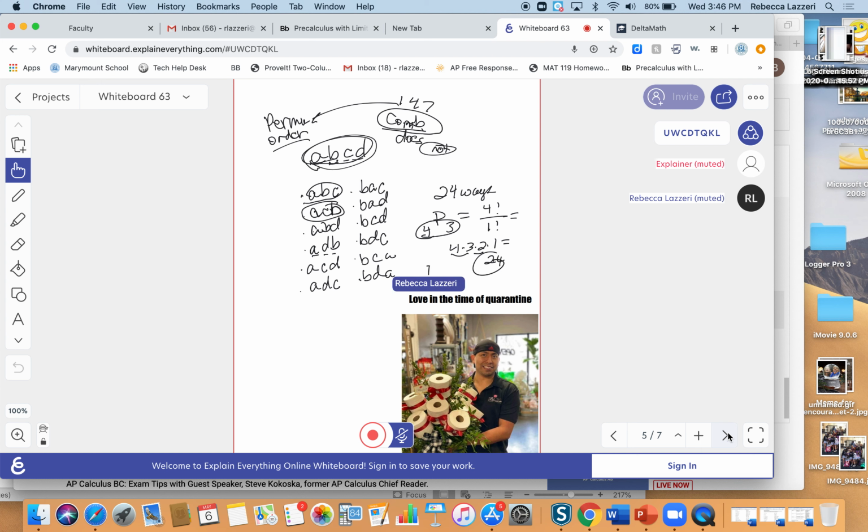And so this is great if you have 26 letters in groups of 3. All right, so this is great to know how to count. I would probably never be able to list these out.